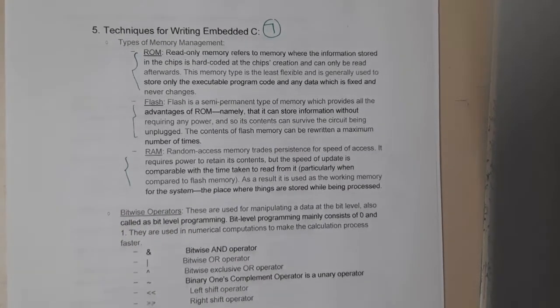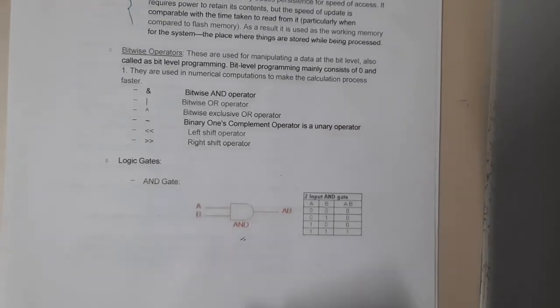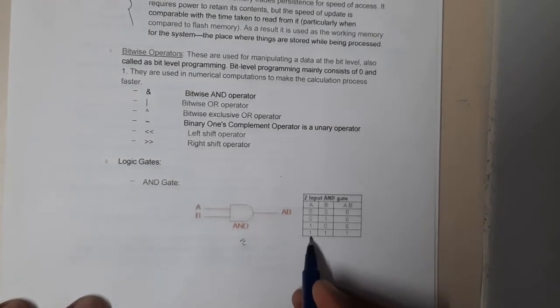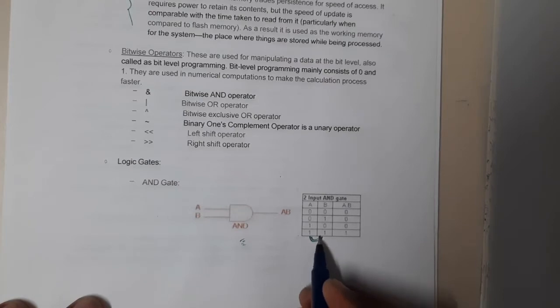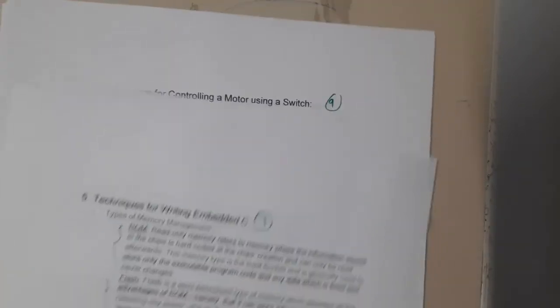Now let us go through some bitwise operators. I hope everyone knows the AND operation, right? Guys, we have already discussed these operations in various subjects. That is the reason why I'm going a bit fast at this topic. AND operation: only when both the inputs are 1, you'll be getting 1. In any other case, you'll be getting 0.